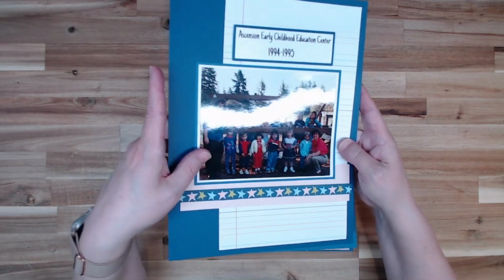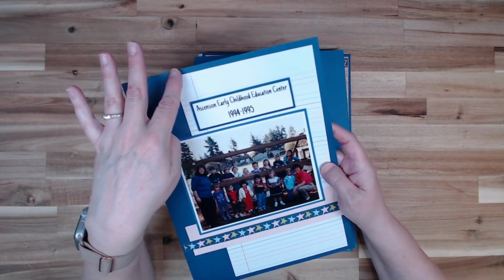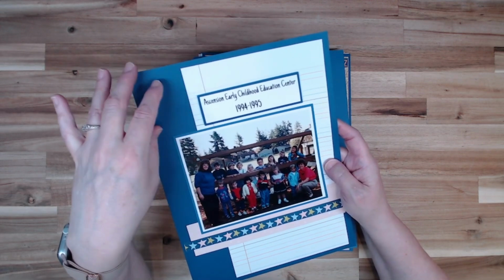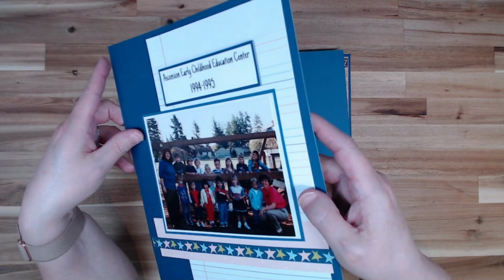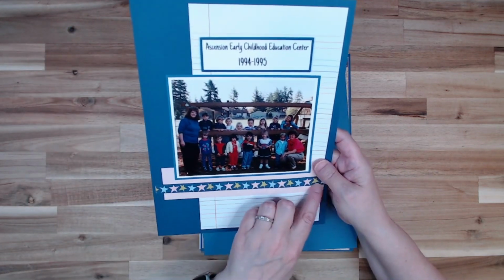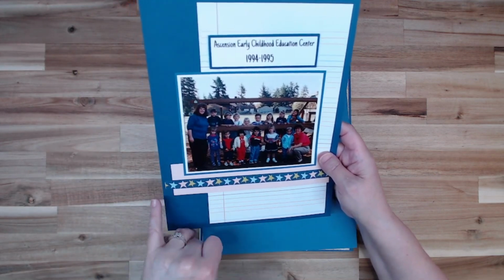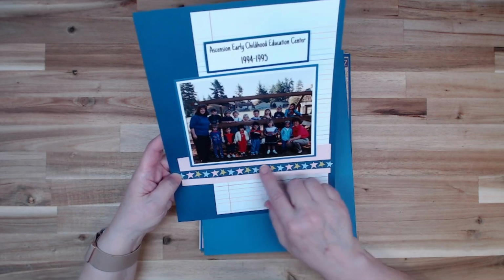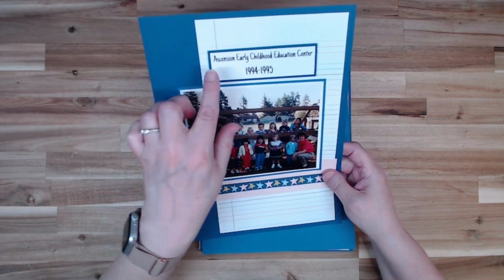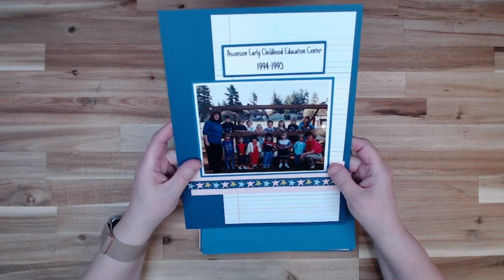It's a very simple layout. I basically took the Smarty Pants notebook paper, but it's kind of rainbow. I really like it. And I cut it down here a little bit so I could make it longer. And I just kept it on one side, and then I put a little strip here and then a zip strip. And then I just had printed this up, and then I have a picture of the kids,